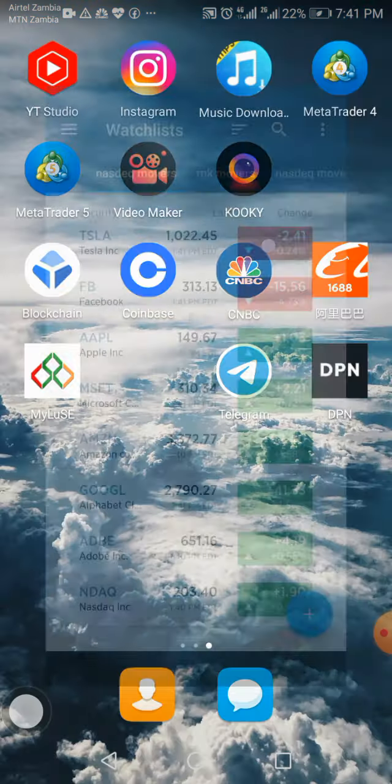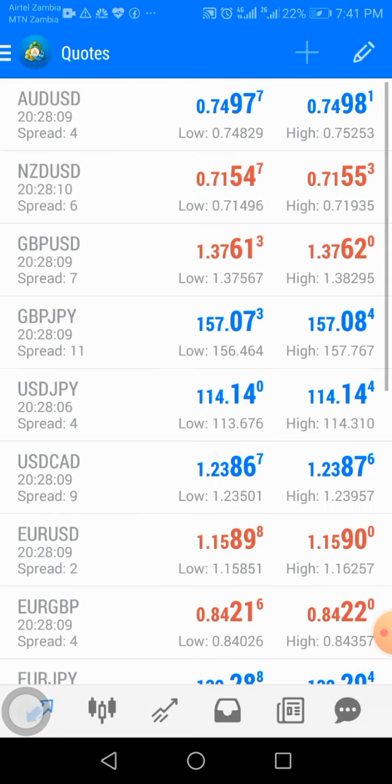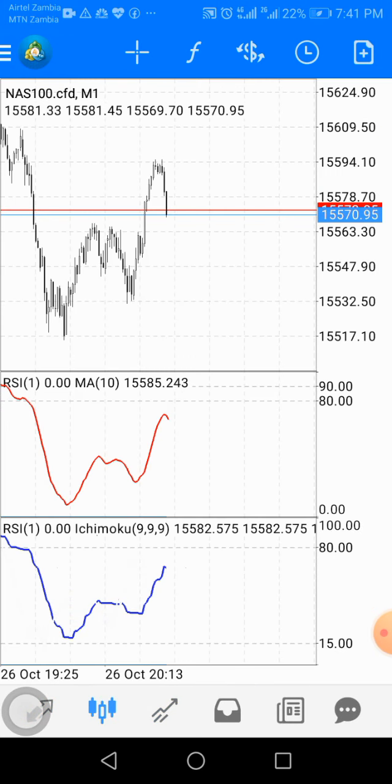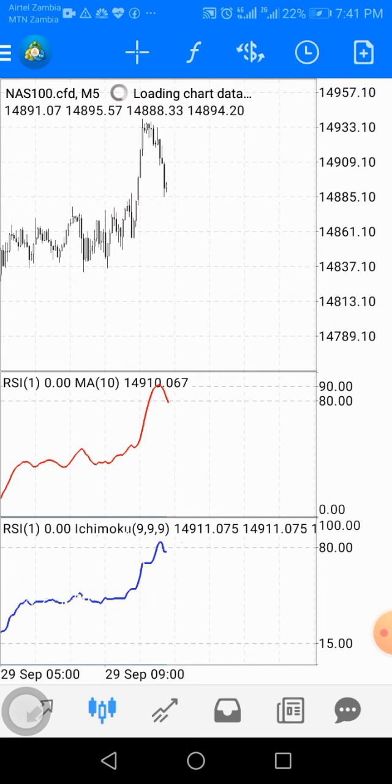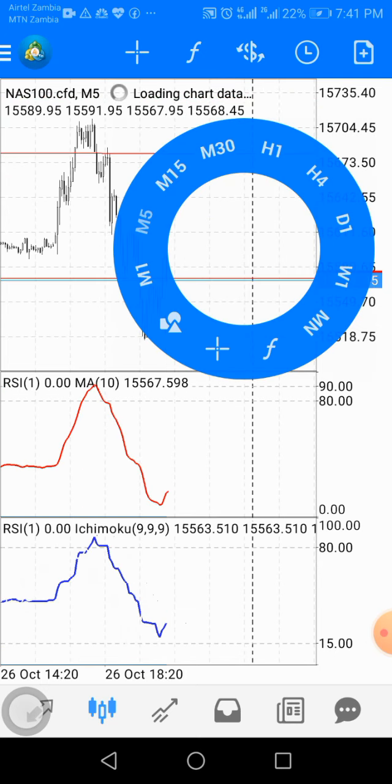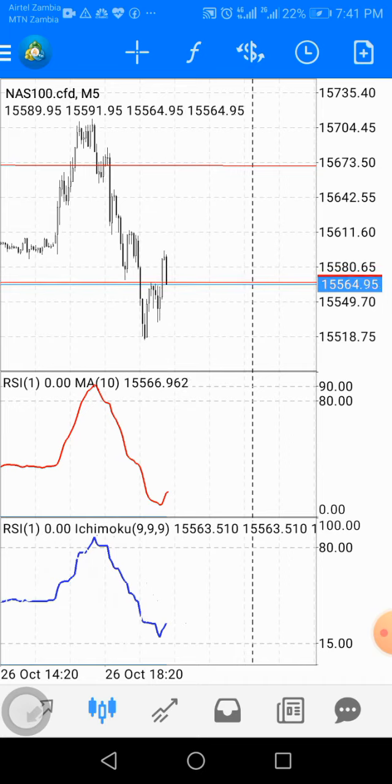So if we go back to our MetaTrader, let's go back to Nasdaq. Always remember that you trade on the 5 minutes time frame. 5 minutes time frame is one of the best time frames to trade when you're trying to use this kind of analysis. Now, with that being said, ladies and gentlemen, you will find that just as I explained in the previous video of how we use the RSI and the Ichimoku, the moving average, and so on and so forth,